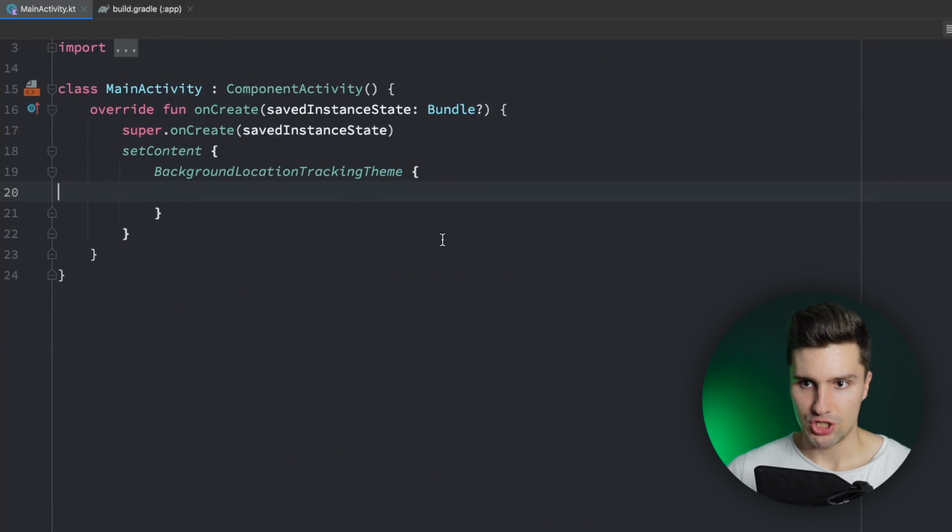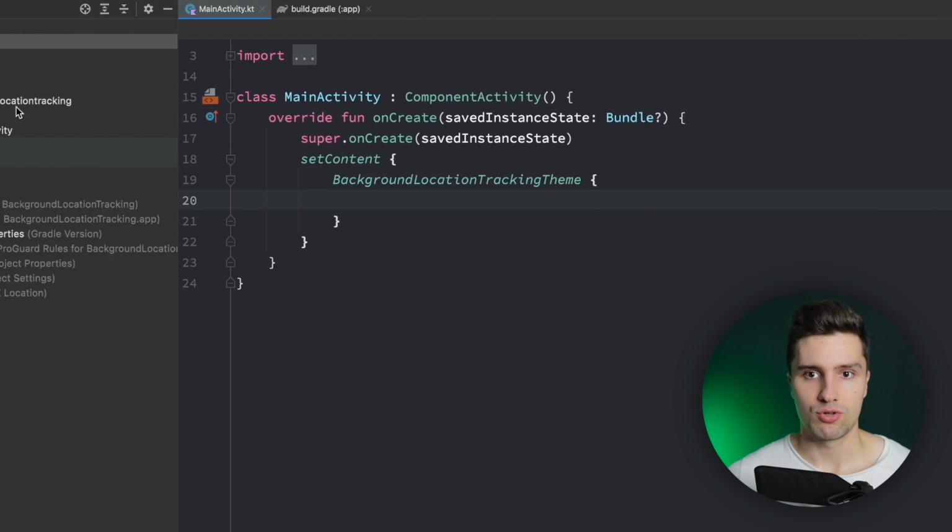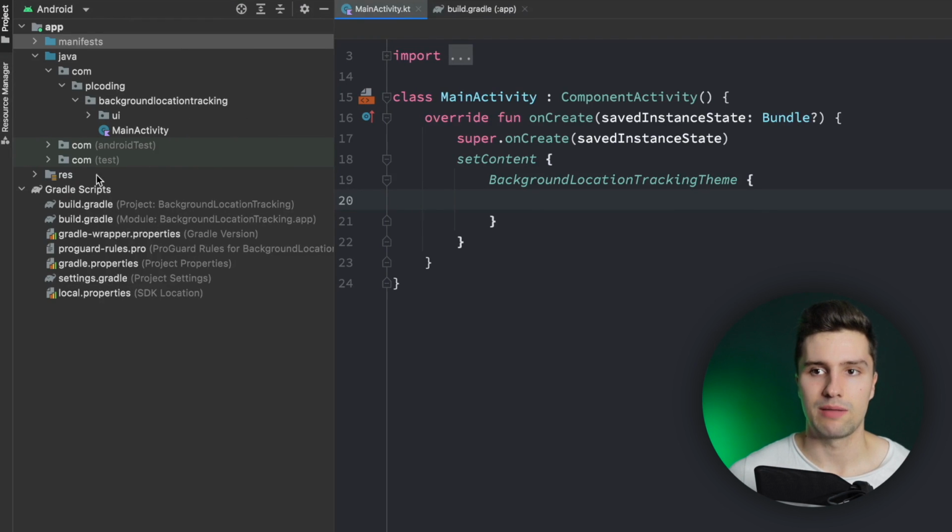And you wouldn't be on my channel if I wouldn't show you how to also properly integrate that into an existing architecture in a way that scales, because I think otherwise that might still be hard for some of you if you want to actually build something real with what you learn here, but you don't really know how to integrate that into your architecture. And that's why I will show you a cool abstraction that I typically like to use when I implement location